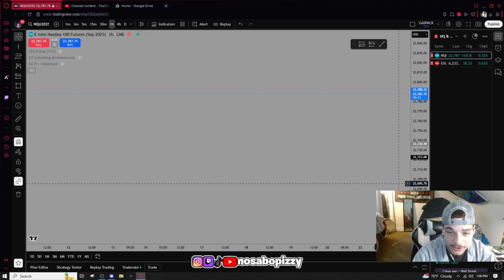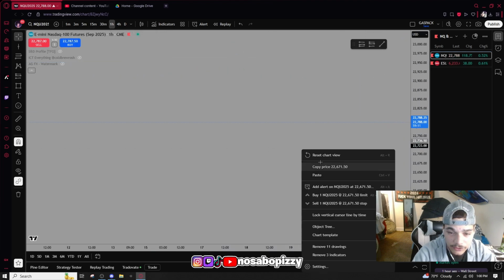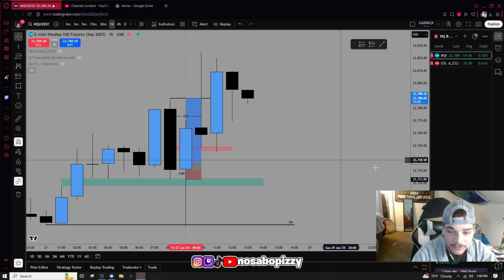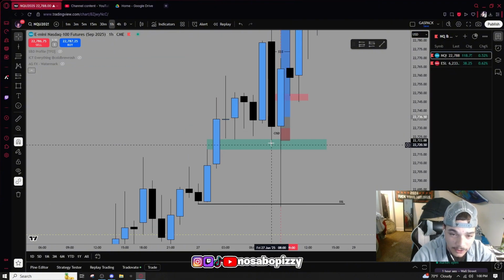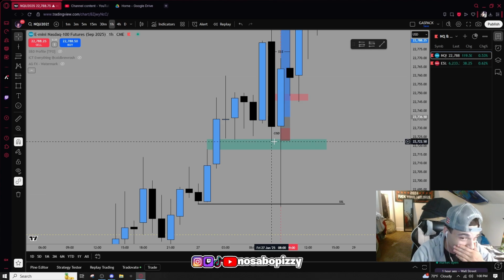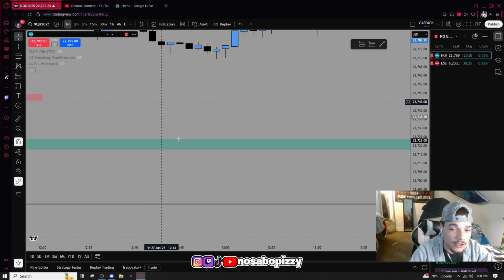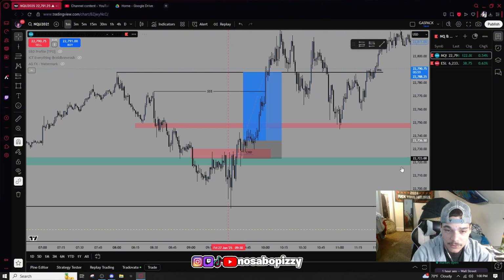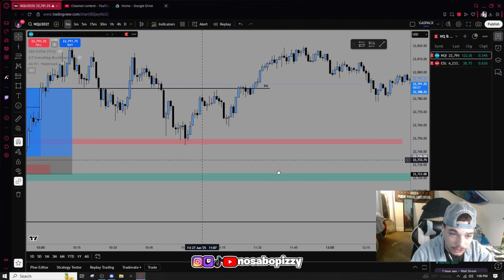This 1 hour completely soaked every sort of sell side liquidity, and now it's about to close all the way up here above this previous candle close and all the way above this 1 hour fair value gap. I was like, yeah, this is obvious buys. We're coming to sweep all this.